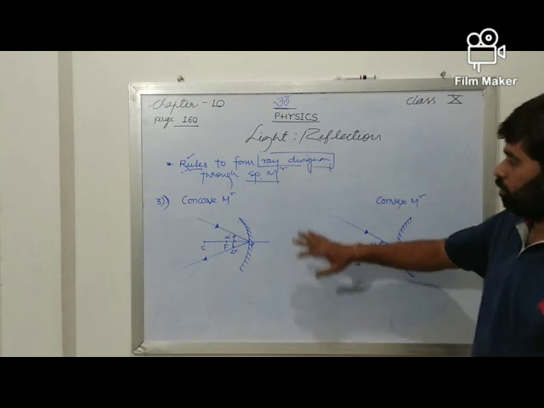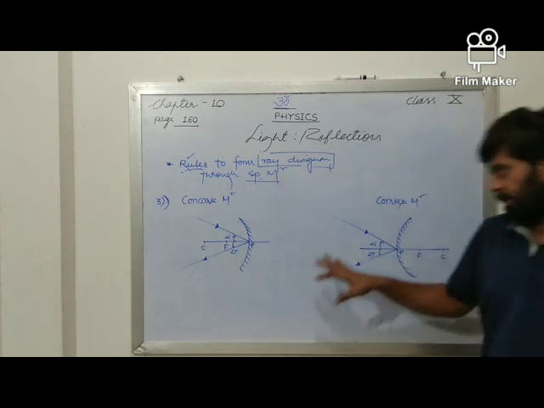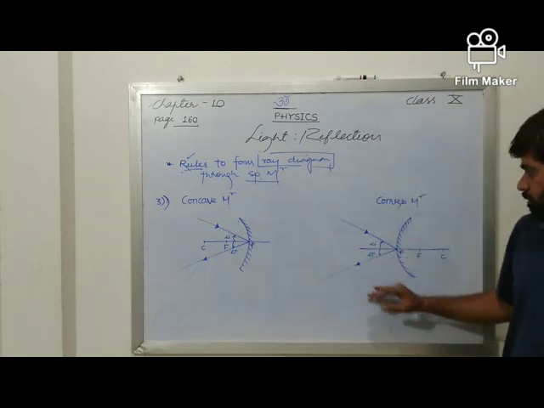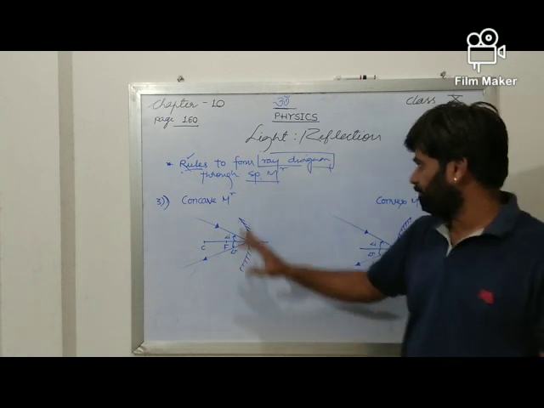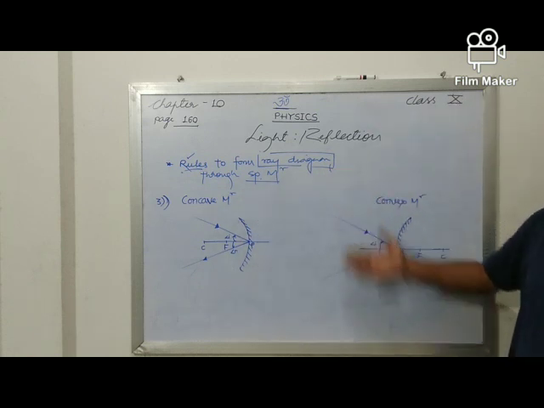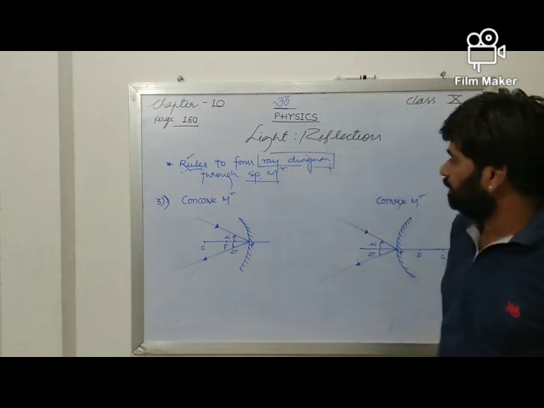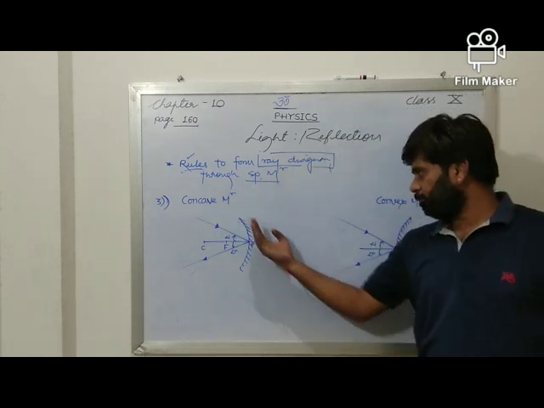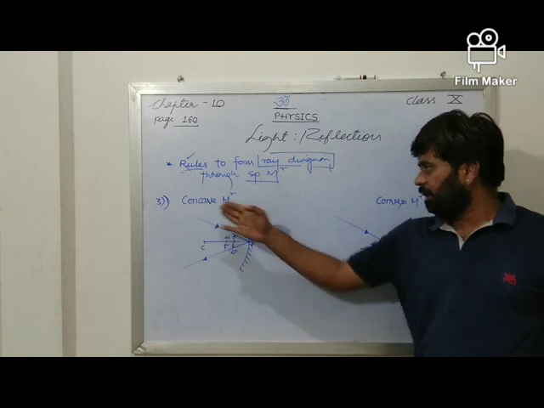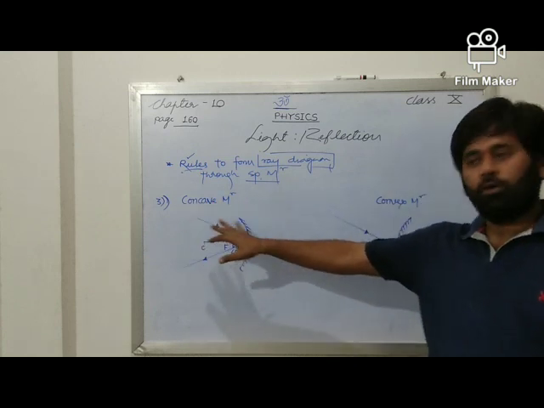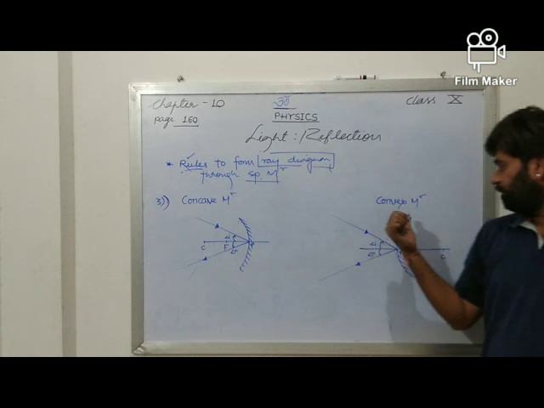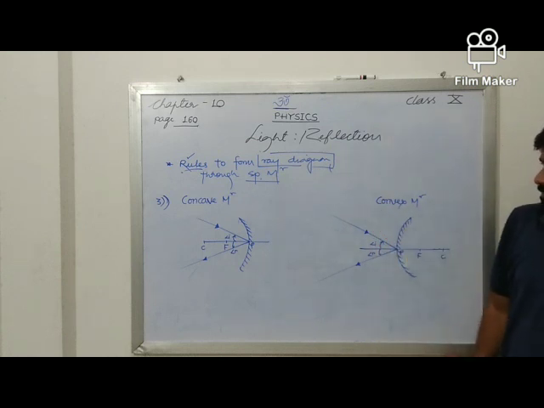So we have completed all three rules. These are the basic rules, using which we are going to solve the next activity, in which we will form a few more different cases for the position of the object, and we will see how the image will be formed in a concave mirror and how the image will be formed in a convex mirror.